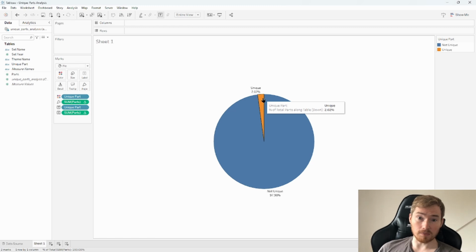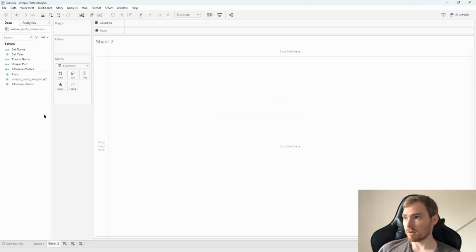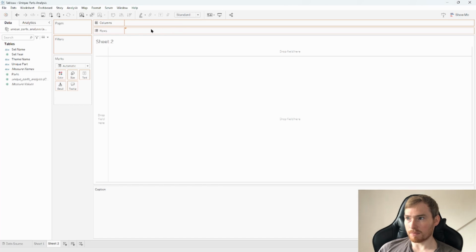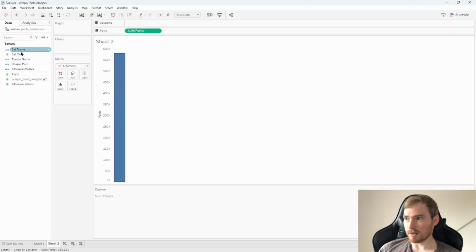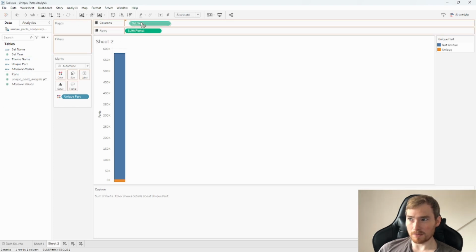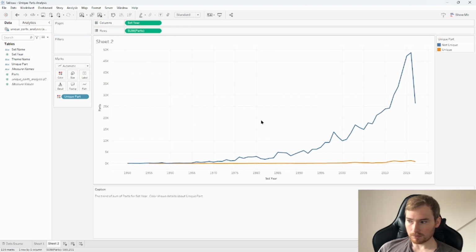So now we've worked out how many there are. It's good to then explore how this changed, say, over time or with different sets, to see if there's any potential sets that have more unique parts or any reasons behind that we can deduce from the data. So let's go and open up a new tab. Let's bring parts back on here. Let's bring that unique part color on there. We can see that down there. And let's bring in the set year. So Tableau has changed this to a line chart,